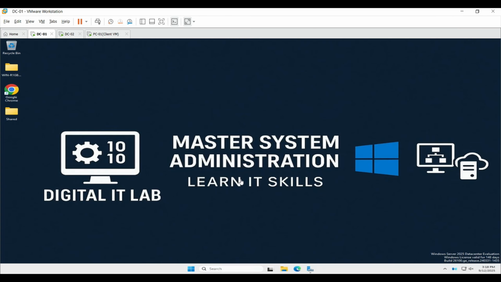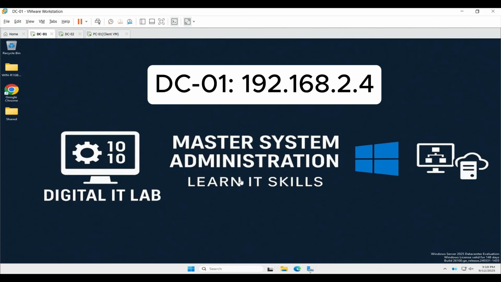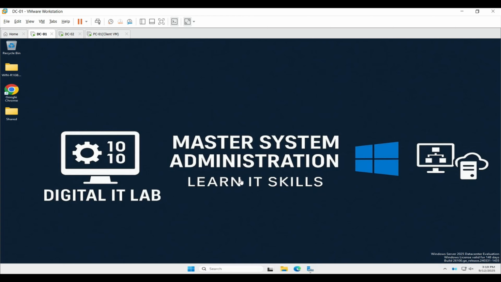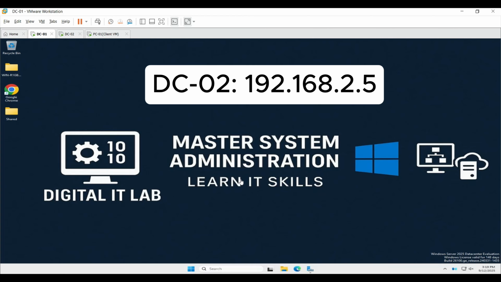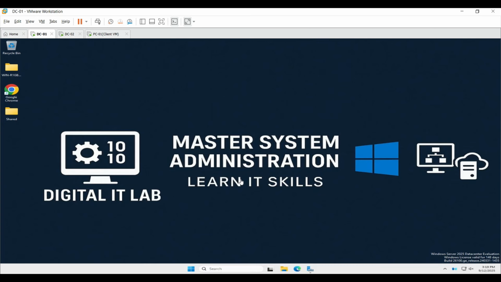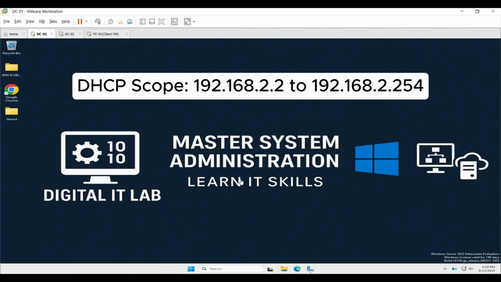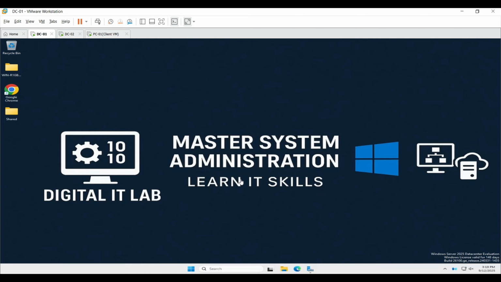In this video, I will show you how to configure DHCP failover between two Windows servers using the GUI method. My setup has two servers, DC-01 with IP 192.168.2.4, DC-02 with IP 192.168.2.5. On DC-01, I already created a DHCP scope from 192.168.2.2 to 192.168.2.254. Now we will connect DC-02 as a failover partner, so if DC-01 goes down, DC-02 will continue to give